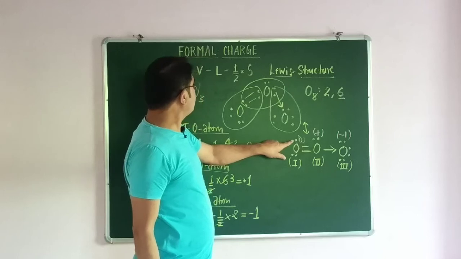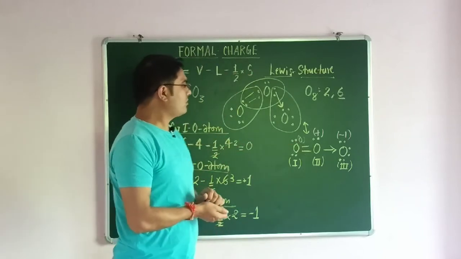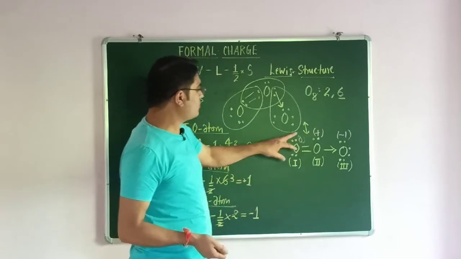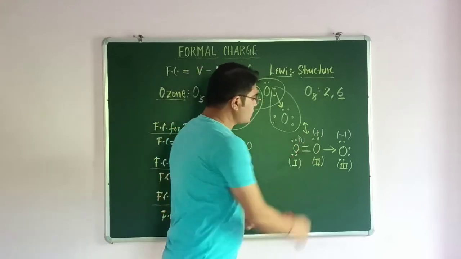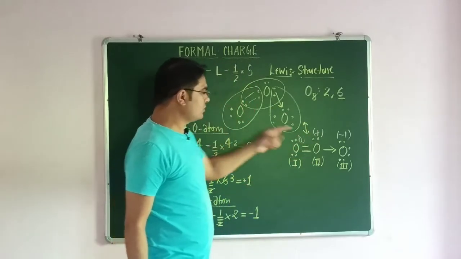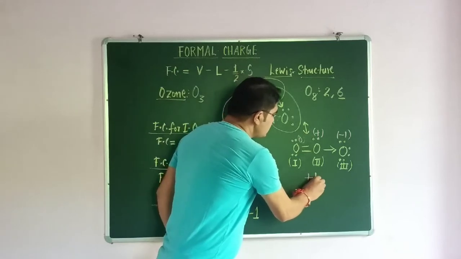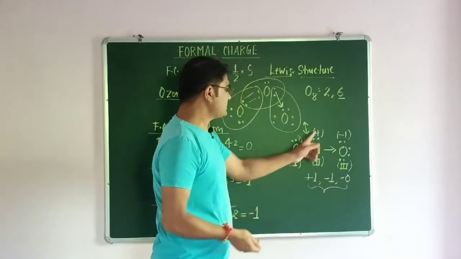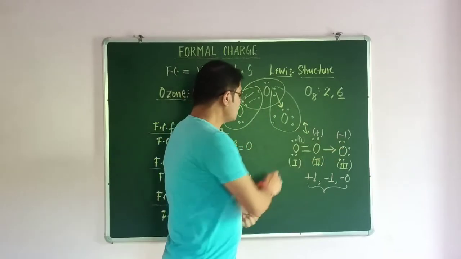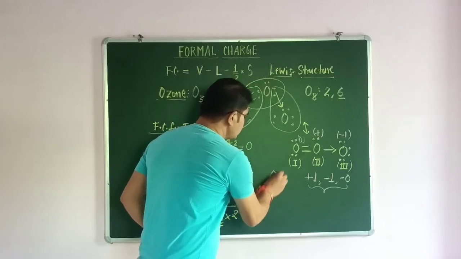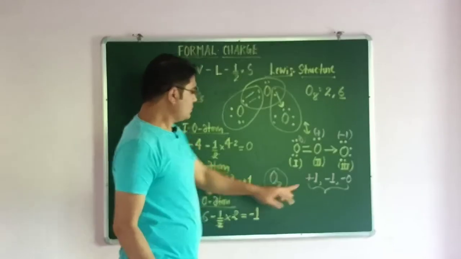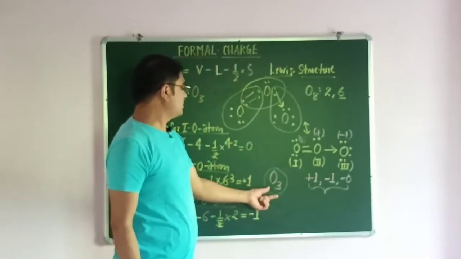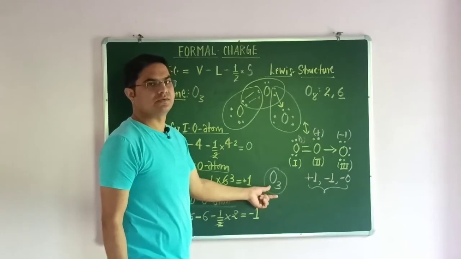So this is the formal charge, because by definition formal charge is the charge assigned on the species, or we can say the charge assigned on a particular atom. So in the case of the ozone molecule, here it is plus 1 charge and minus 1 charge, and 1 is 0. So in total plus and minus, that is equals to 0. Because as we all know that ozone is a neutral species, these charges are balancing and cancel each other. So the formal charge for this ozone molecule is 0.